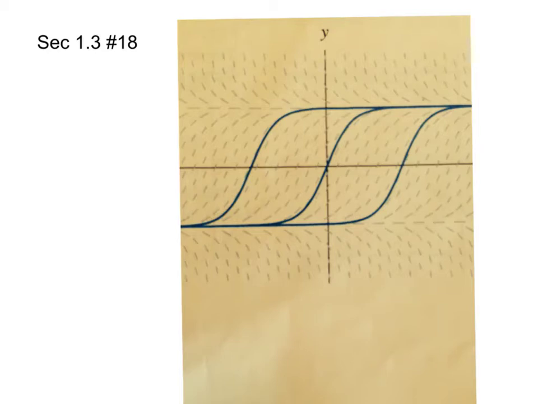This is section 1.7, number 18. I'm starting off with a picture that's a little different than the one given in the book, but this is an autonomous slope field. We know that because along every horizontal line,